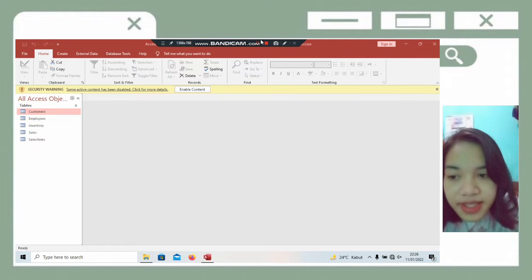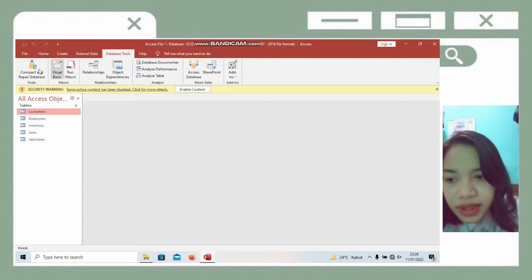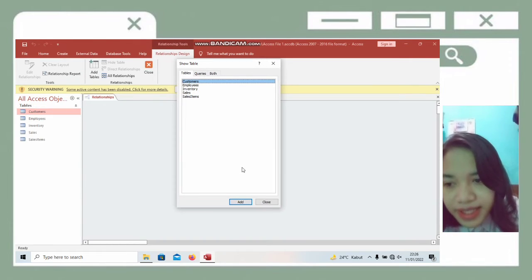The first task is to establish the relationship between all related tables. Next, perform the following queries and save them. To create the relationship, we click Database Tools and click Relationships.